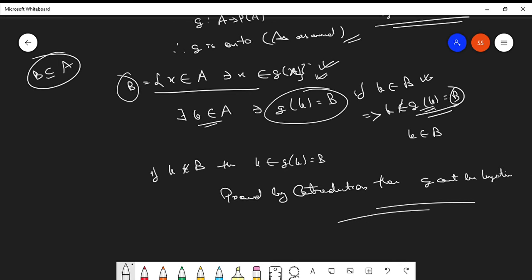Clear? Now if you consider an element which belongs to capital A, say that be B, such that G of that image of that particular element is equal to B. Acha, I missed a very important thing. This will be not belongs to. Very sorry. Please correct it. I guess this was the problem because of which you people would not have understood this proof. Now I guess you have understood this proof. It will be not belongs to.